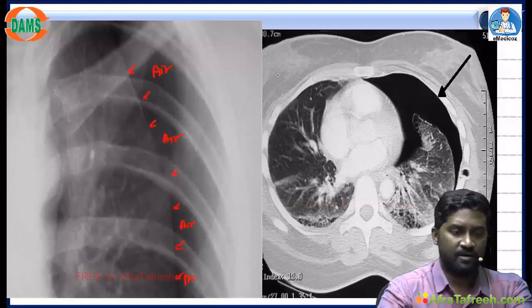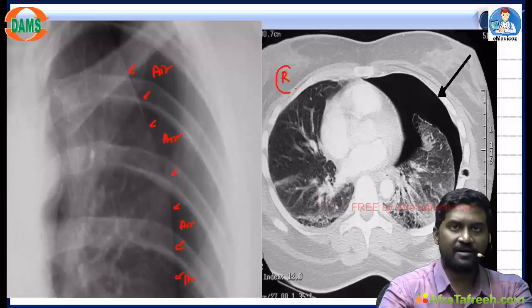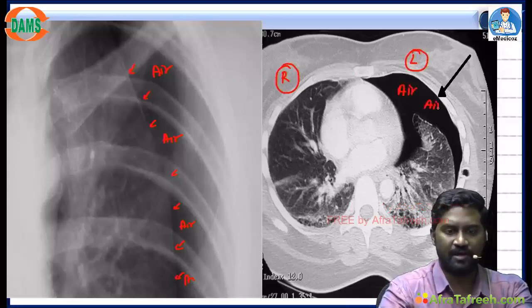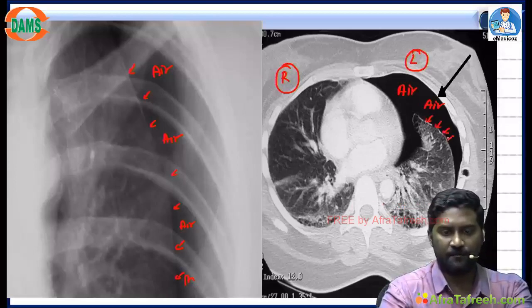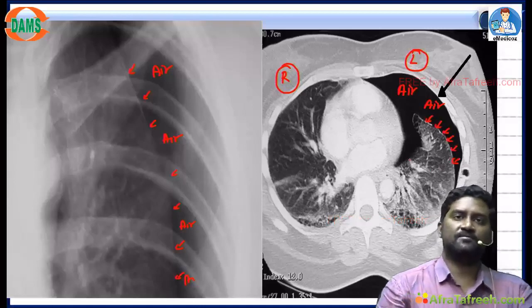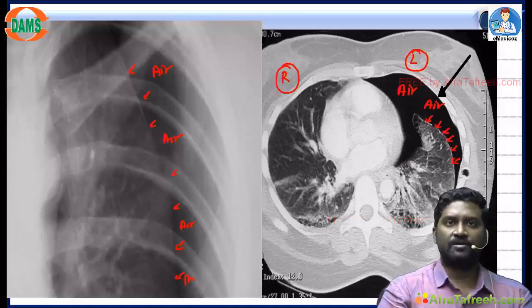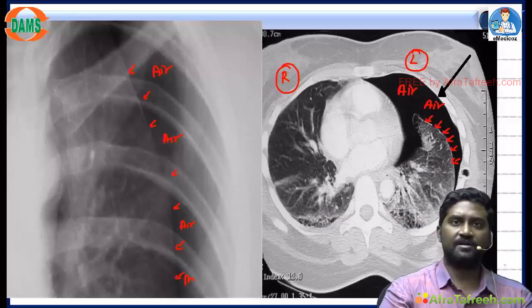Same thing. On a CT scan, right lung is appearing near healthy. Left lung, what do you see? This blackish area is all air. Against that, what you notice? Compressed lung margin. So students, to identify it as pneumothorax, you should not only identify the air filled area, you should also identify that compressed lung margin.